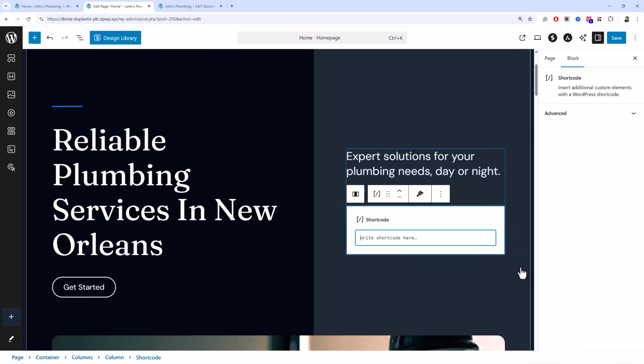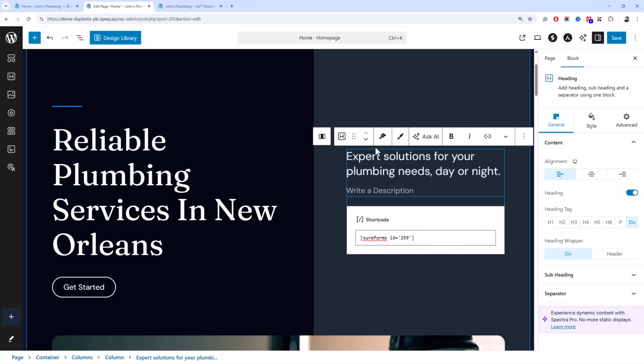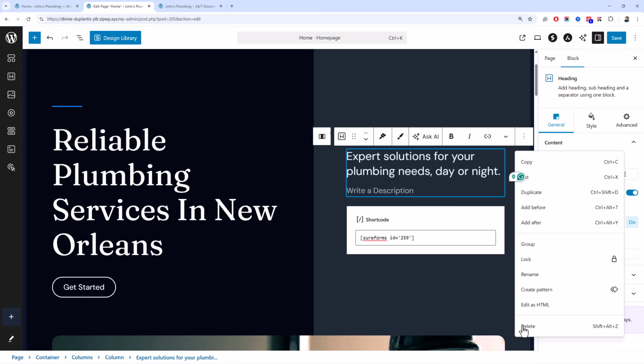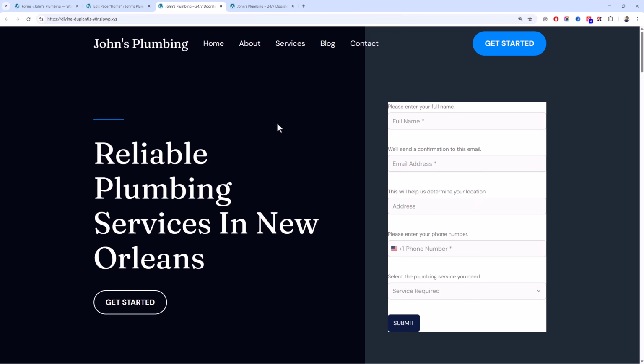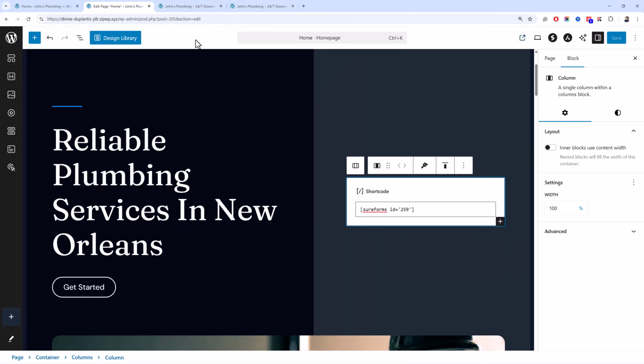I select shortcode and I paste my shortcode over here, and I'll just delete the heading. Now let's save and see how it looks. It definitely needs some adjustments like padding or changing the background color.